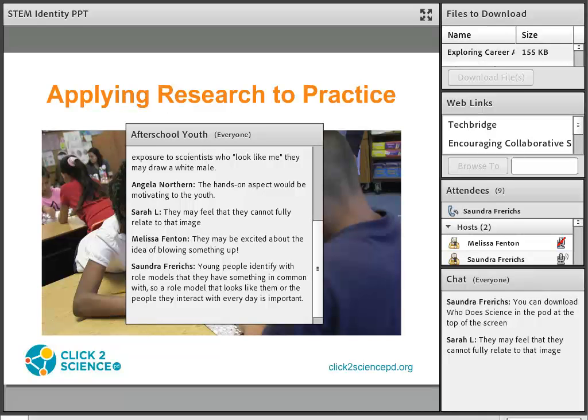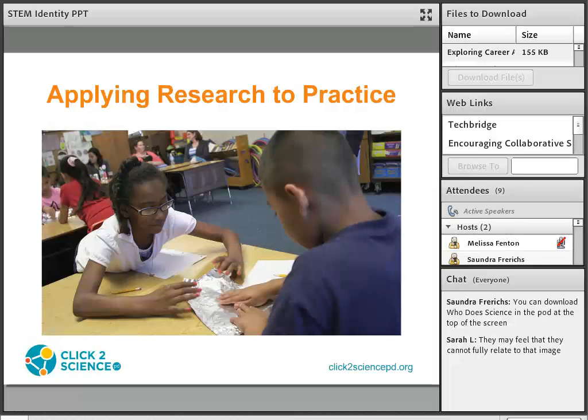Research suggests that the view that scientists tend to work in labs and that they work alone and don't have good social skills, that their work is about blowing things up or creating weapons, viruses, or getting rich. All these views tend to discourage many young people in middle school and high school from being interested in a career in science. Both boys and girls, but especially girls, are discouraged by these sort of images.